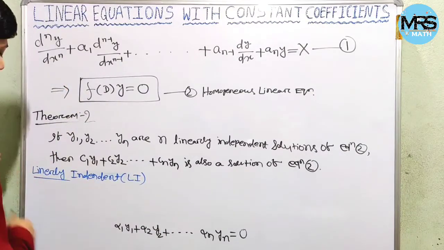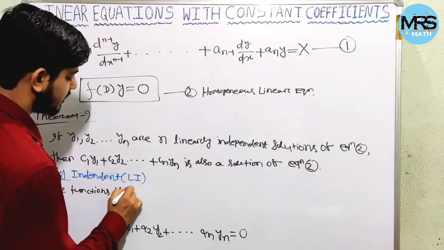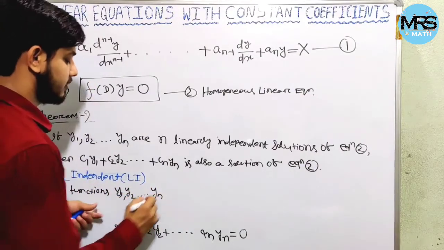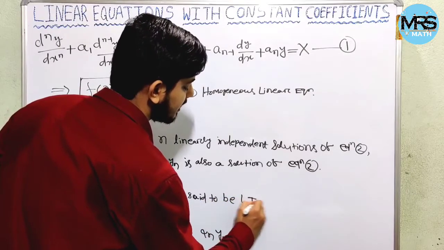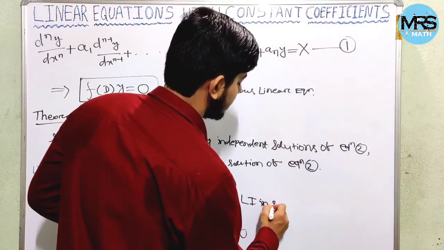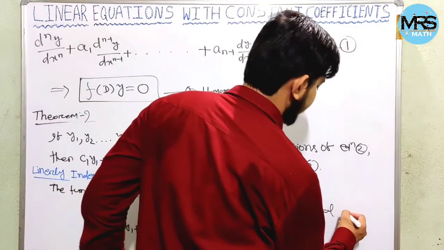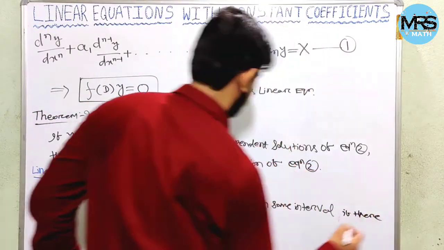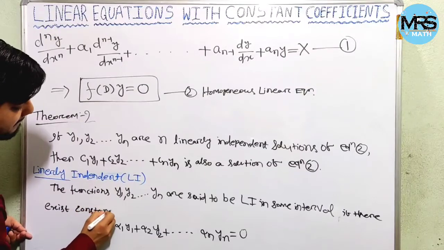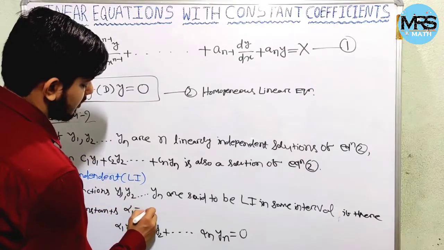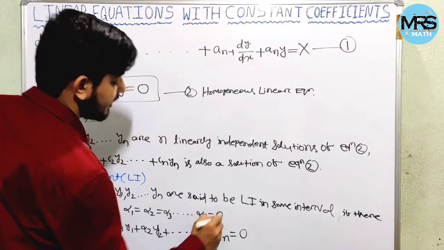So write down: the functions y1, y2 up to yn are said to be linearly independent in some interval, if there exist constants alpha 1 equal to alpha 2 equal to alpha 3 up to alpha n equal to 0,